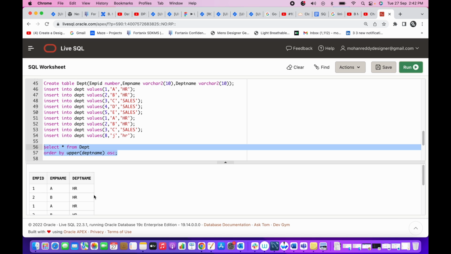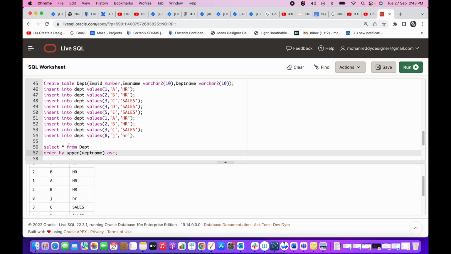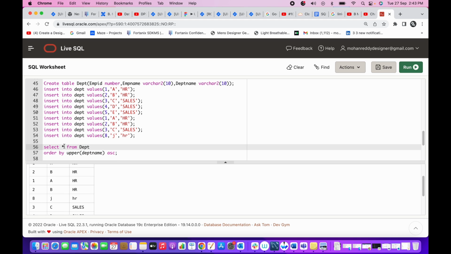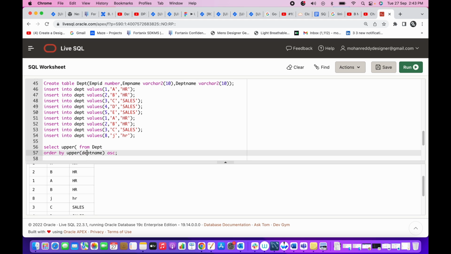Now the department query is executed and see here we are not getting it. Case insensitivity is not working here. Okay, now how we can solve this problem? Small issue. Let's say we have to take only department name, upper of department name